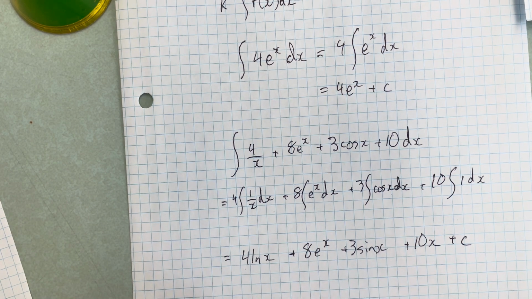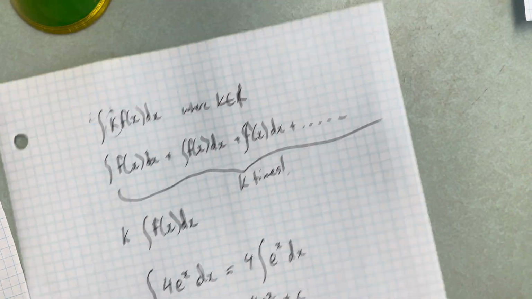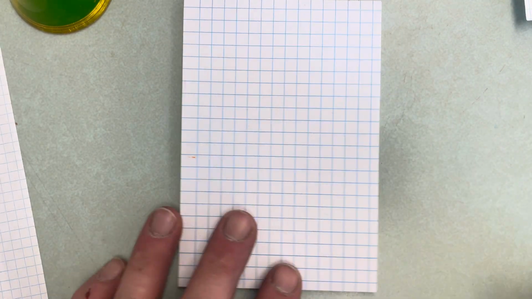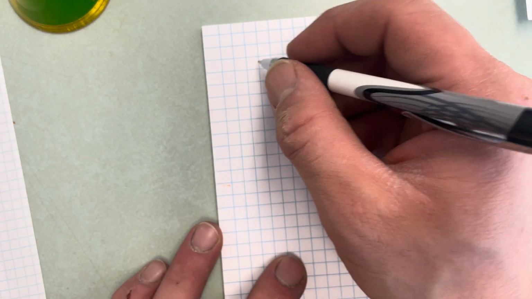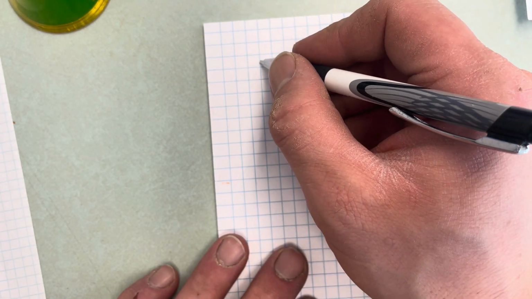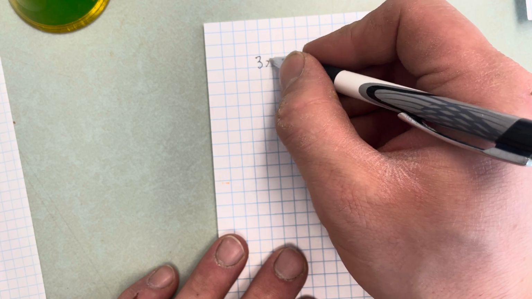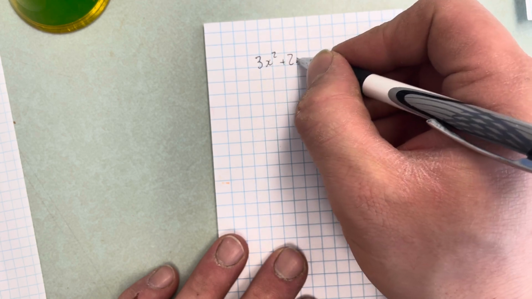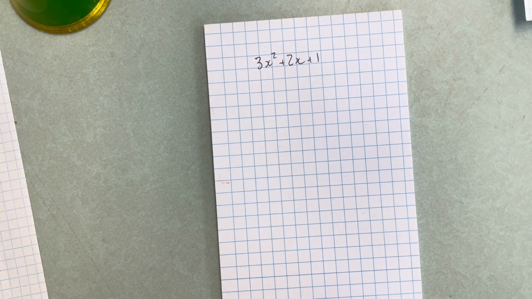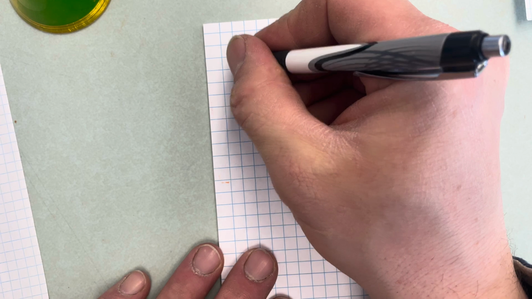So far our rules to integration aren't terribly tricky. Let's take a look at another interesting rule. Let's take a look at an expression. We're going to look at it in reverse. So I'm going to take something like 3x squared plus 2x plus 1, and I'm going to take the derivative of this. So when I derive this, if this is f of x,